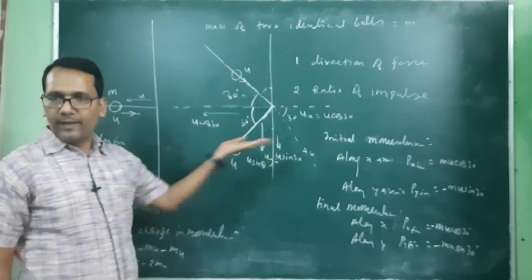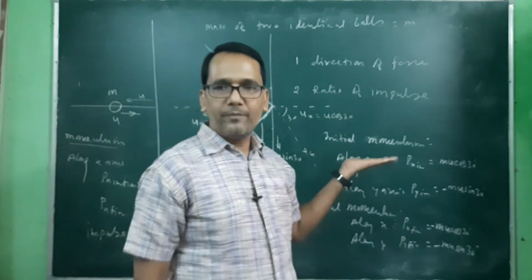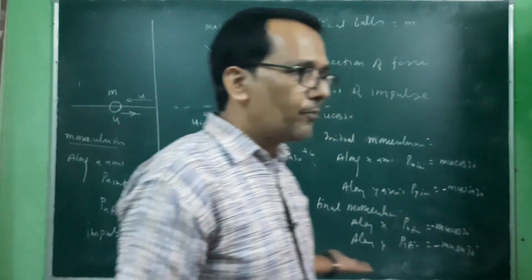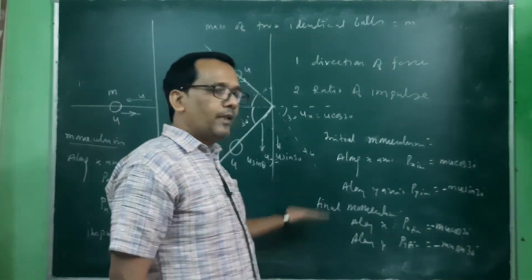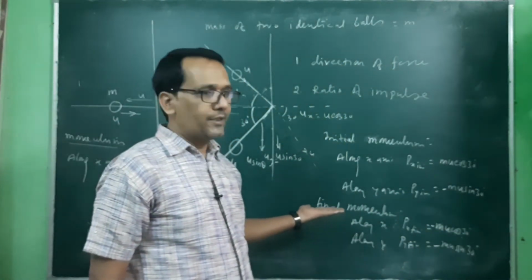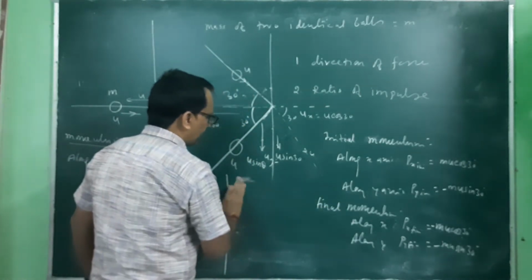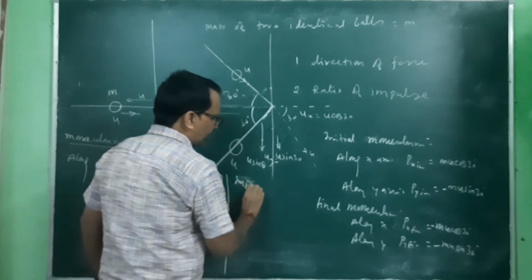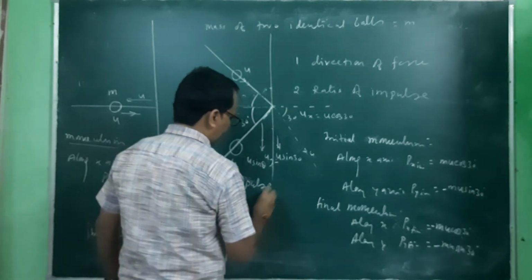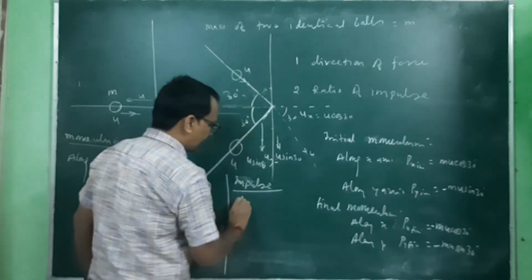Okay, so we have the x components of the initial and final momentum, and the y components of the initial and final momentum, and now we can calculate the change in momentum. Change in momentum means the impulse. Change in momentum is the impulse along